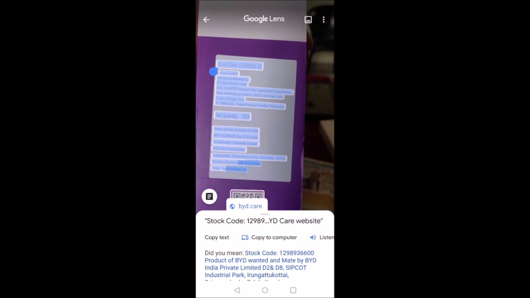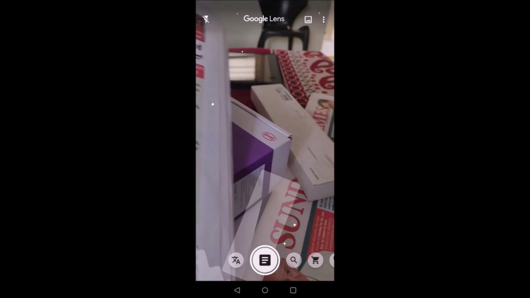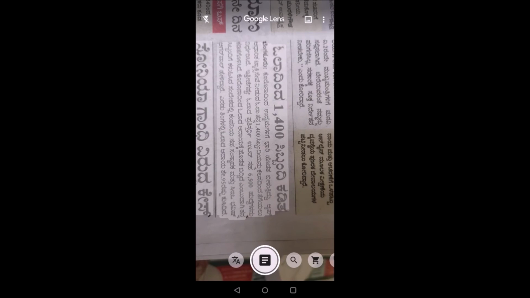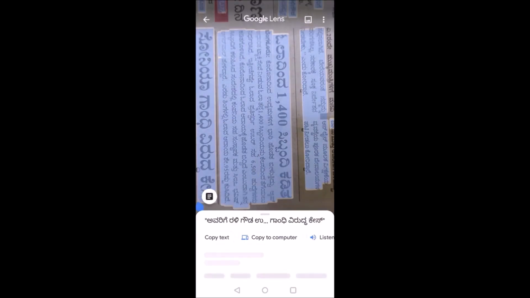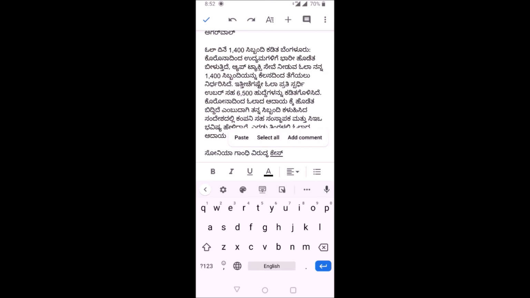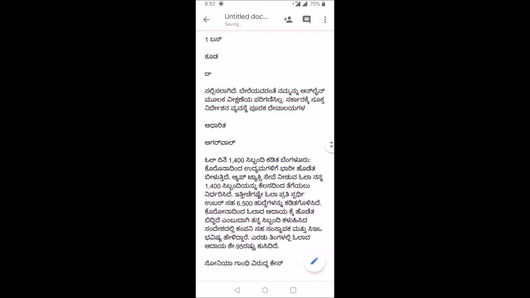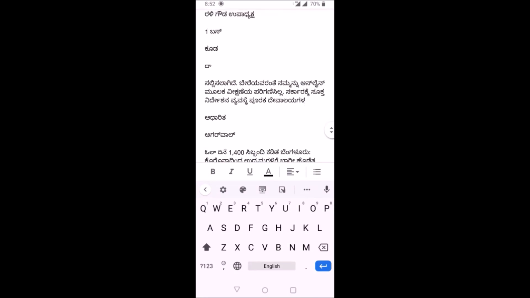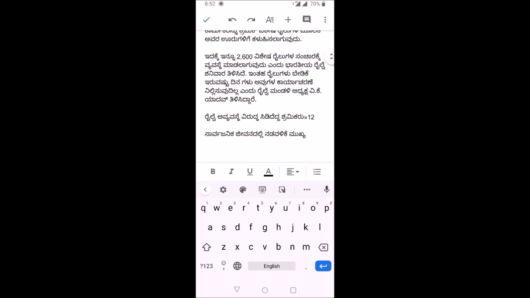Now you have to keep in mind that Google Docs and Google Lens are very useful to type as early as possible. You can use voice typing in Google Docs, and you can scan and copy with Google Lens. So Google Docs is very useful. Meanwhile, I have already told you about Google Drive. If you want to know some more options, reply or message me. We have the options to show you everything easily.